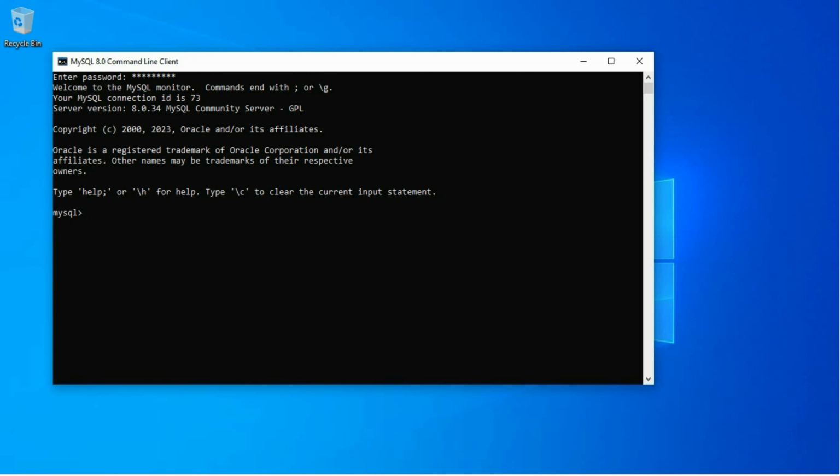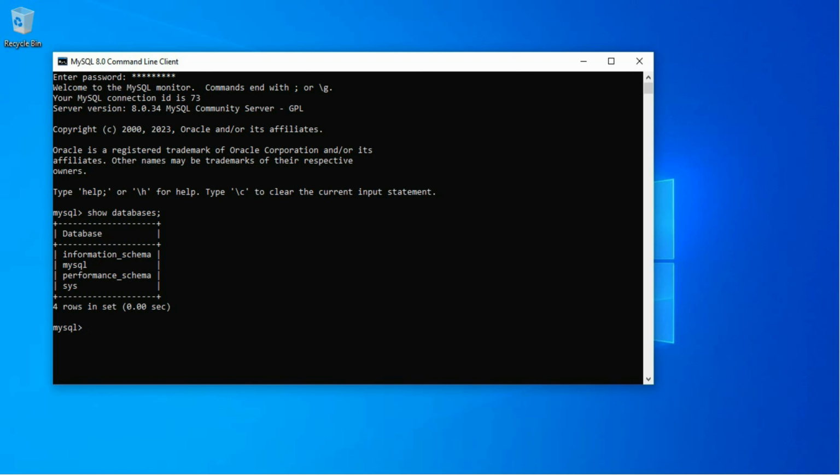Suppose you want to check all the databases in your server. Then you can use the command show databases, and to end the query, write a semicolon at the end and hit enter. Show databases will give you the list of names of all the databases in your server.